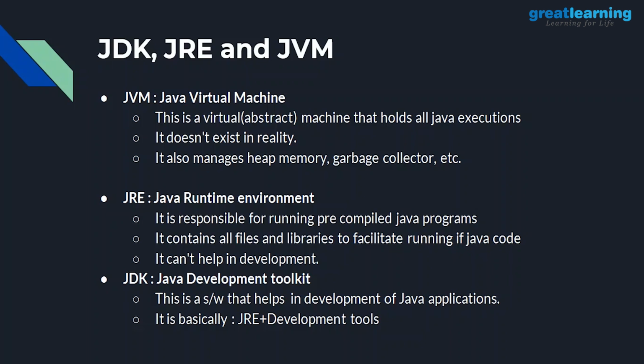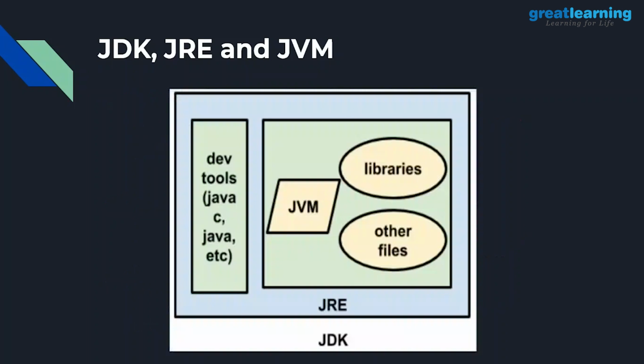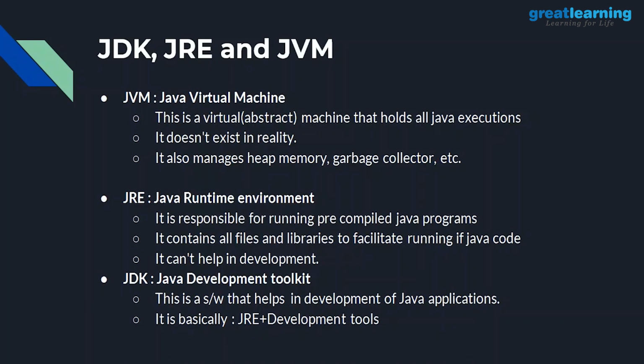Now JRE. JRE is the Java Runtime Environment, right? It is responsible for running pre-compiled Java programs. That means they have been compiled, and now for running them, JRE provides the environment. It contains all the files and libraries to facilitate running the Java code, right? So all the libraries attached to our program or files, JRE is responsible for running them. Okay,